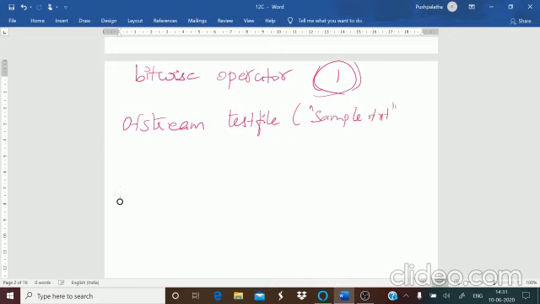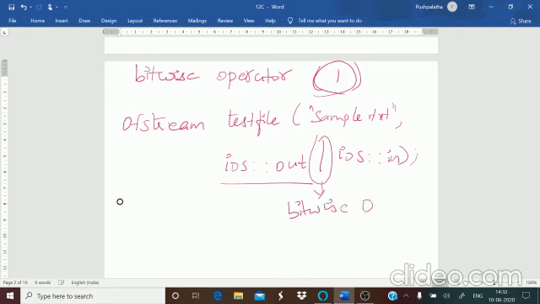You give the mode as ios::out, or if you want you can read also, so you can give ios::in with the bitwise OR operator. So this sample text file can be opened for both writing and reading.